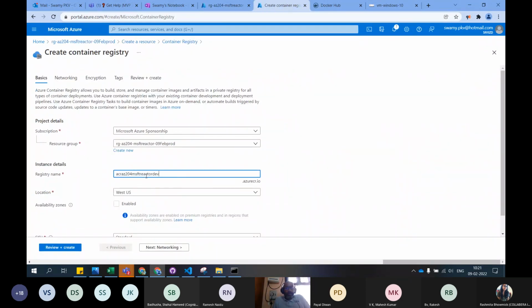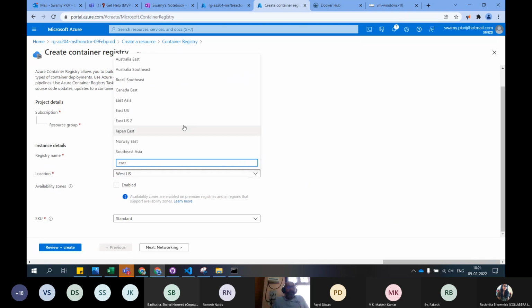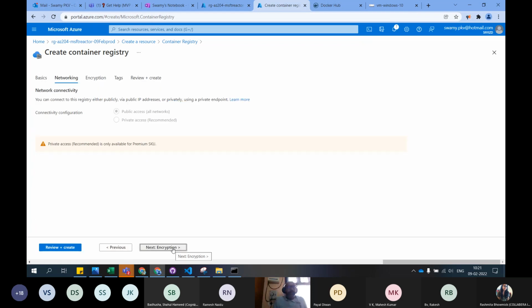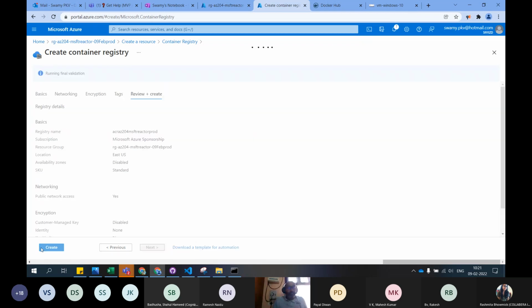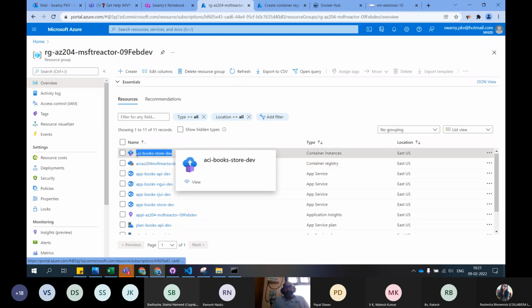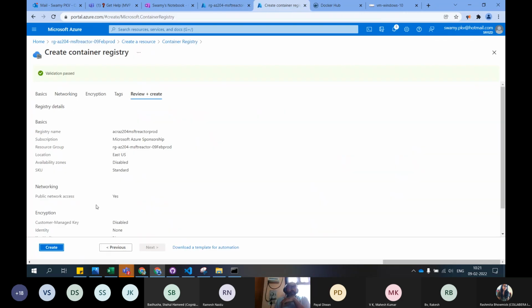This is in prod. The standard SKU. Okay, that's the container registry. Let's create the container instance. Oh, we need to wait for that. Okay, let it create. In the meanwhile,